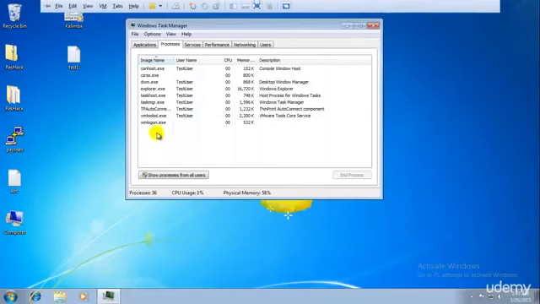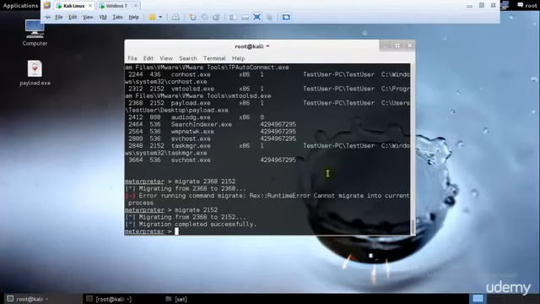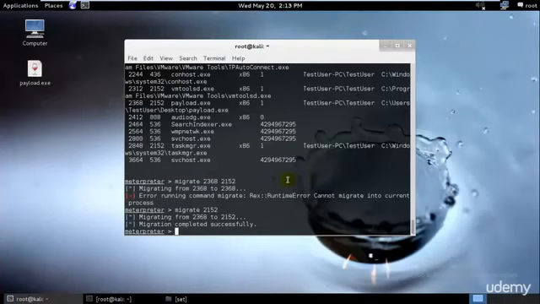Perfect. And if I go ahead and check, I cannot see the payload over here. The reason being that it's migrated to Explorer itself. Perfect. So now the next thing that I would like to do would be to gain access